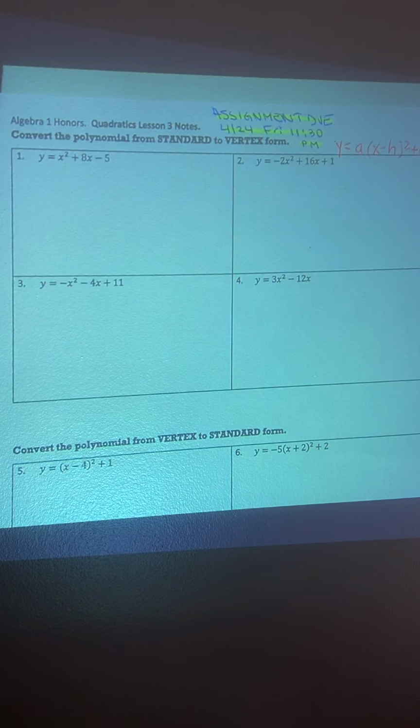Hi everyone. Today we're going to talk about converting from standard form to vertex form and vertex form to standard